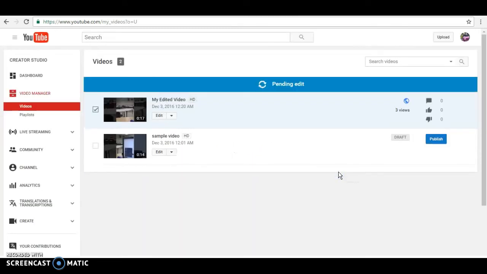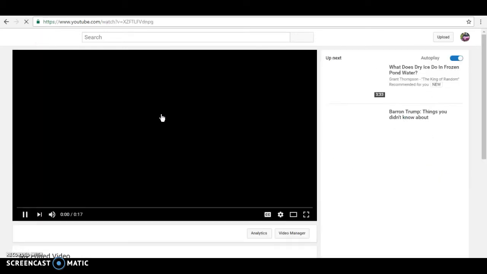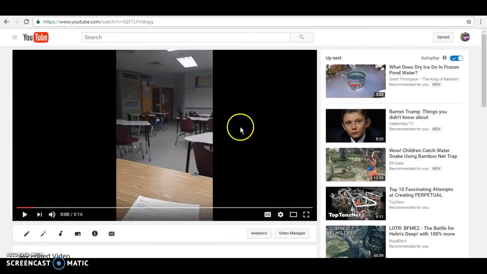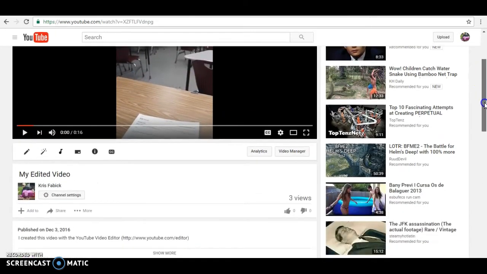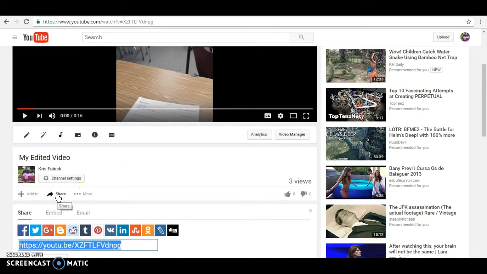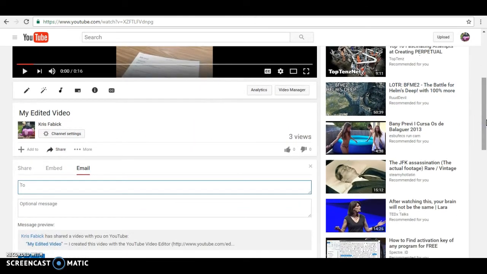And then once that is finished, you can actually click on it. And it's going to start to play, but you don't necessarily need to play it. And if you go right here, you'll see where it says share. So you'll click on share, and then you actually want to share it with me via email. And then you will type in my email, my school email address. So I'll type it in here for you in case you need it. It's